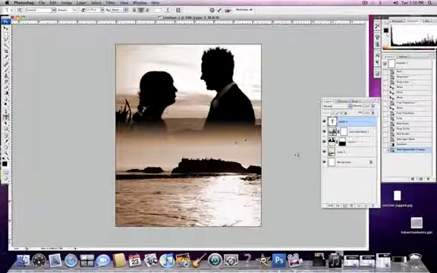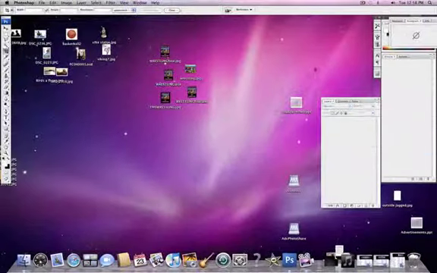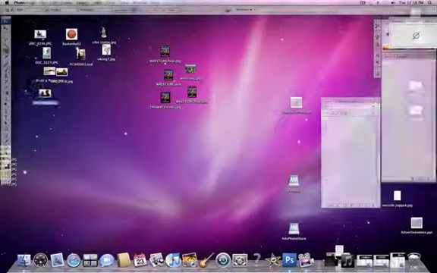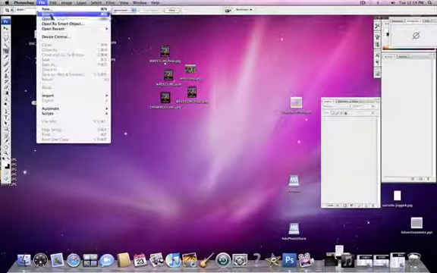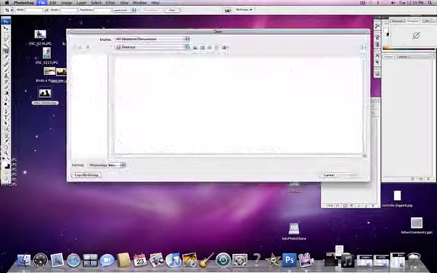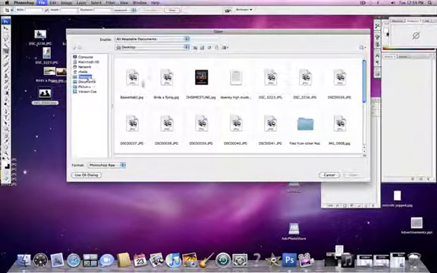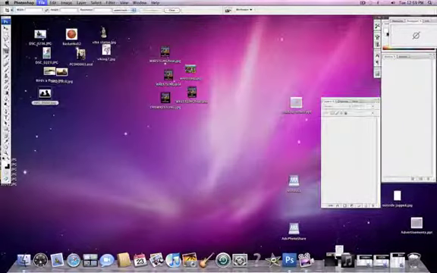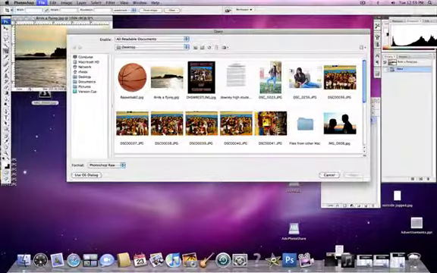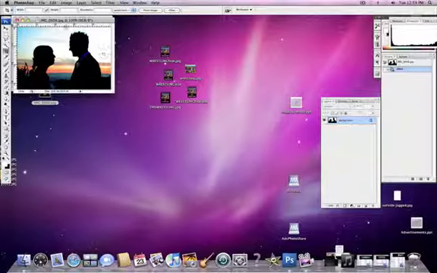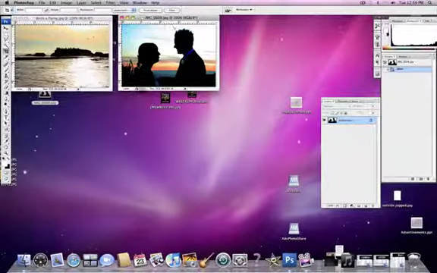In this lesson, I'm going to show you how to blend two photographs together. So the first thing that you want to do is open the two photographs that you would like to use. So you go to File, Open, and locate them. Here's one, and here's two. You also need to open a new page that we are going to drag both of these